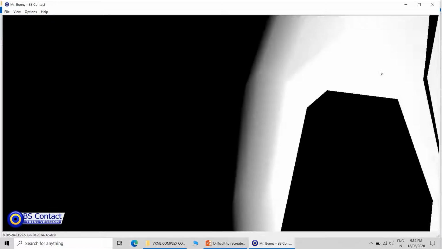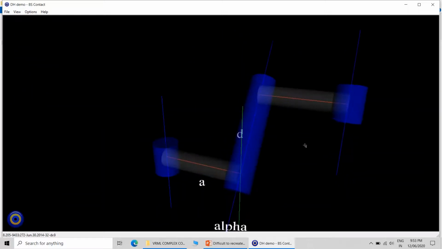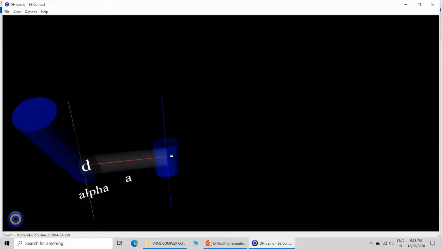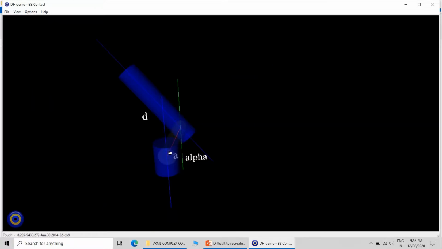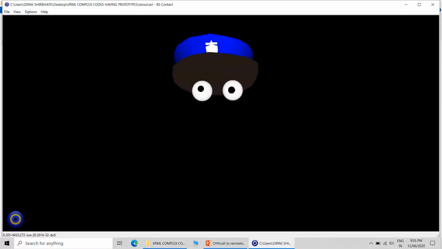Of course, it is not impossible to recreate, or what we can do is that we can recreate it in some animation software like say 3D Max Studio, and then we can export it into VRML. Then this manipulator arm of robot, this is a manipulator arm. This was also very difficult to recreate.